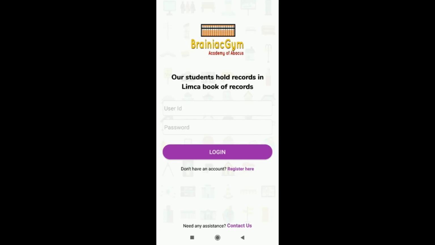Once you get the ID and password, you have to fill to log into the application. I'm entering that Academy's roll number and password that I have received on email.